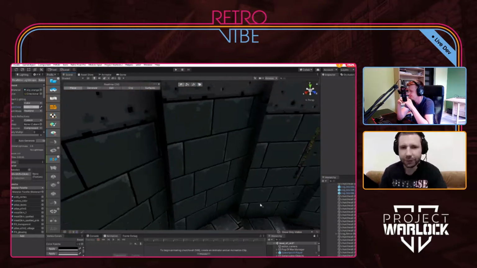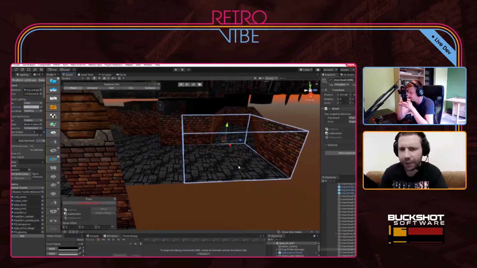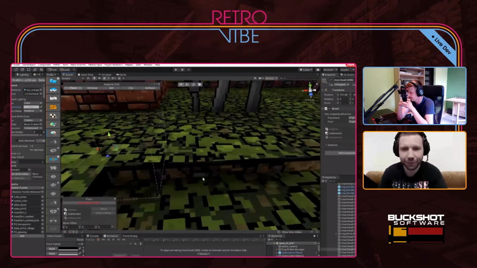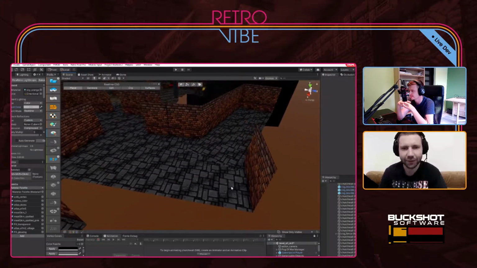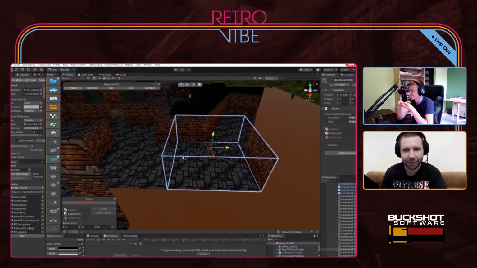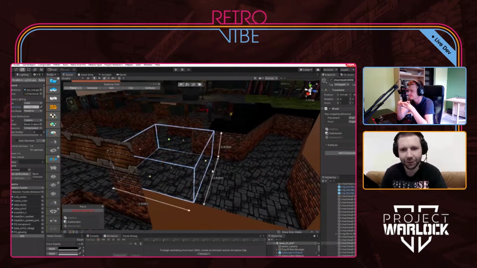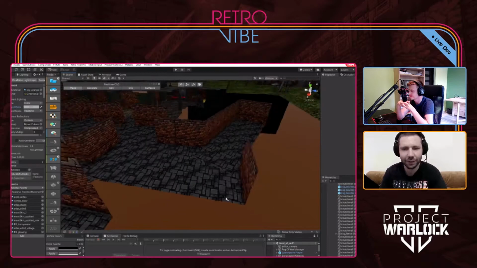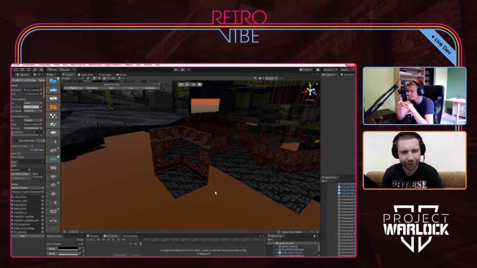For some of you that have some experience with 3D modeling, you might be wondering, why am I constantly copying and pasting these parts of the level instead of just extruding it? It's because the way we do things here, we work with a texture atlas.